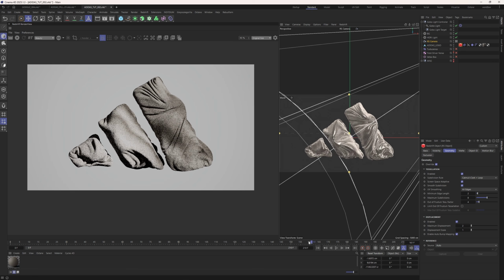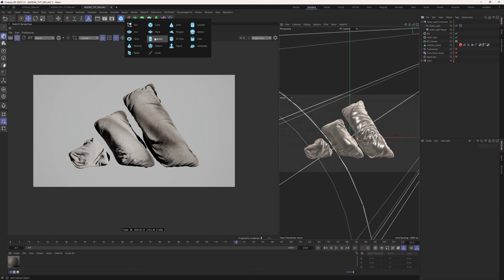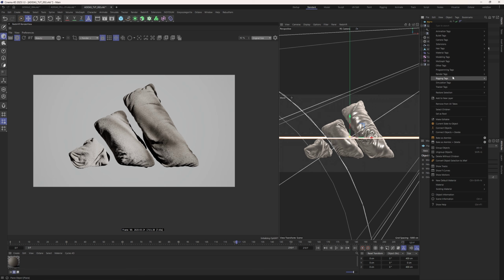That's not looking great either. Okay, so a frame like that I find a little bit nicer. I think I prefer that. Another little lighting trick though is if we drop in a plane and we add a render tag to that